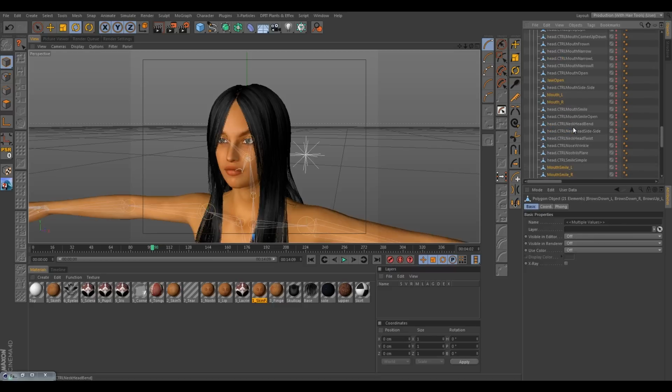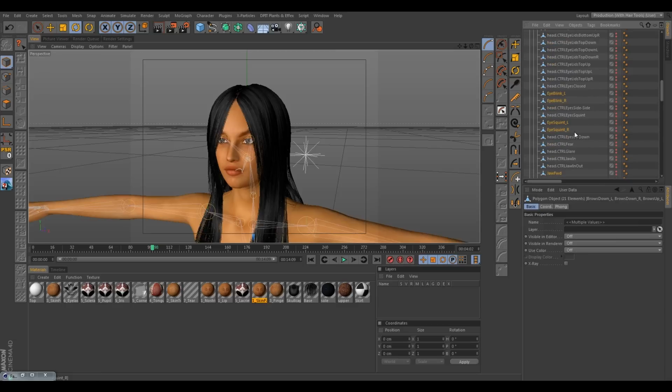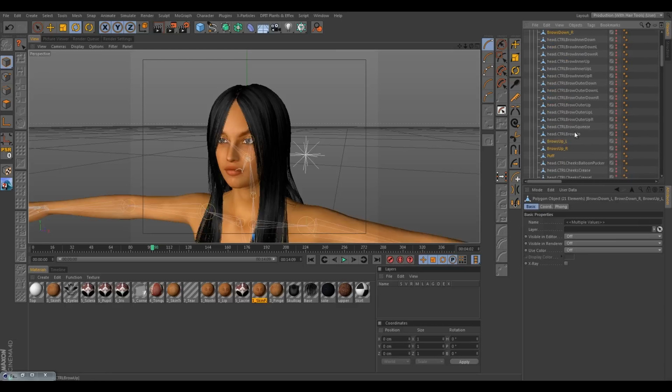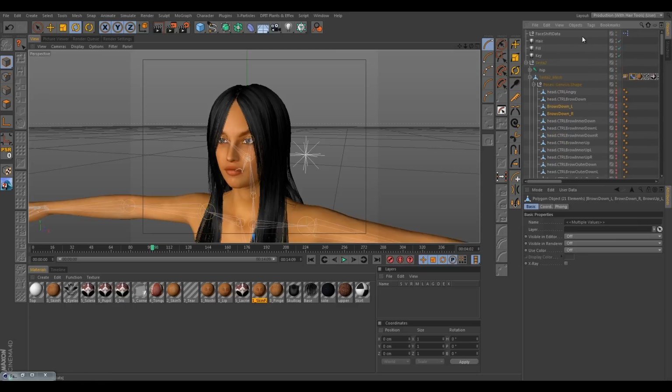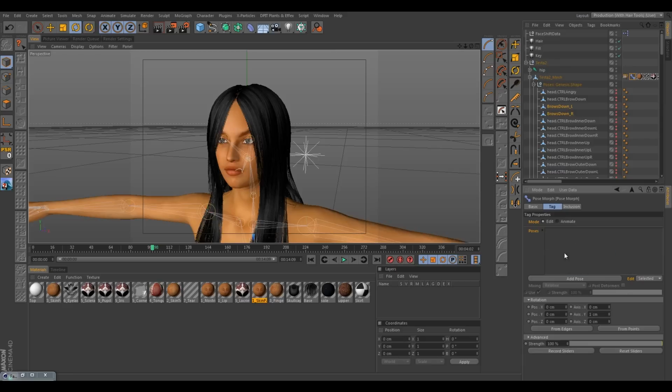And let's just go through here one more time, make sure we got them all. And it looks like for the most part we did. So excellent. Now we can go up to our pose morph tag, and what we want to do is delete all the old morphs out of here. So if we hit delete after hitting Control A, we'll delete all our old poses.